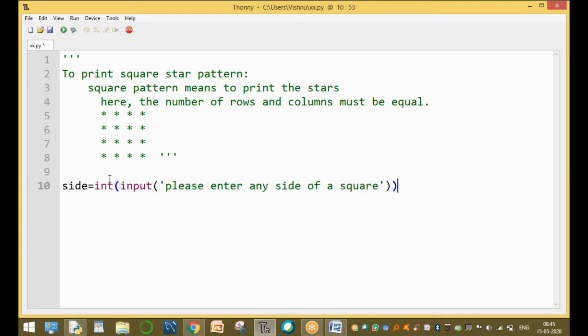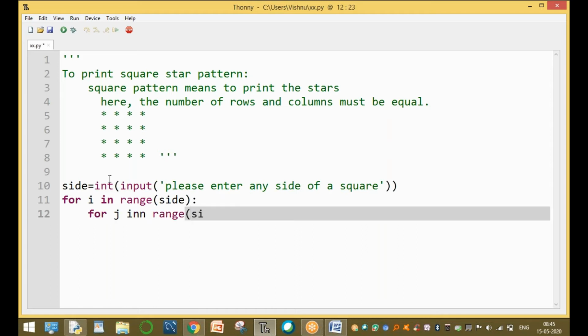After entering, print the values in a particular row. For i in range of side, for j in range of side value. Any side, row and column, are both the same and equal.